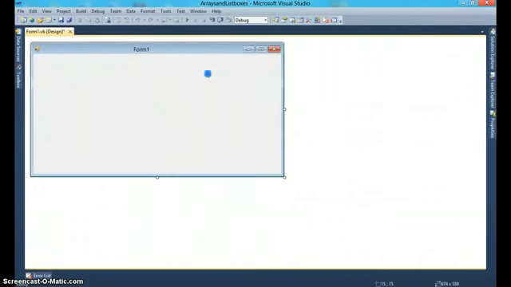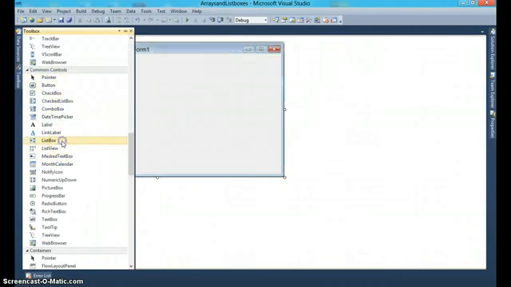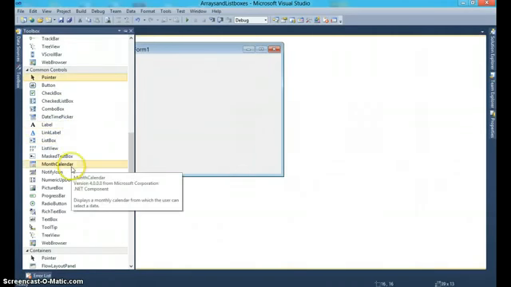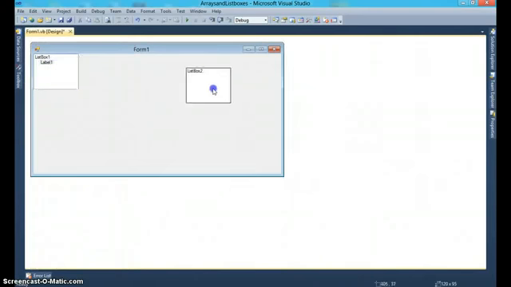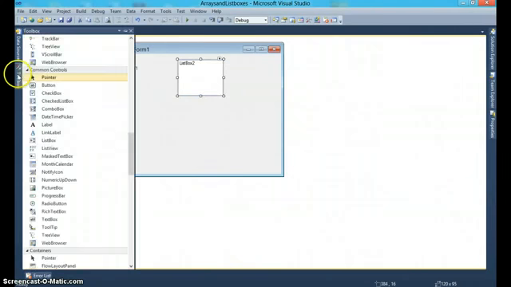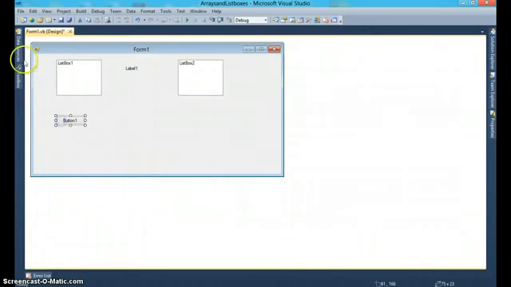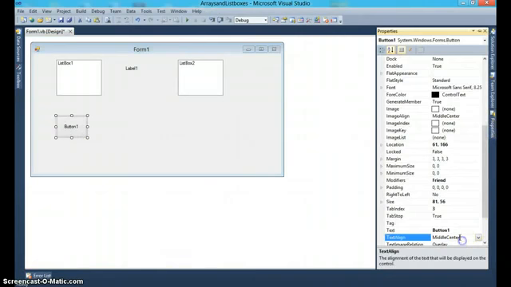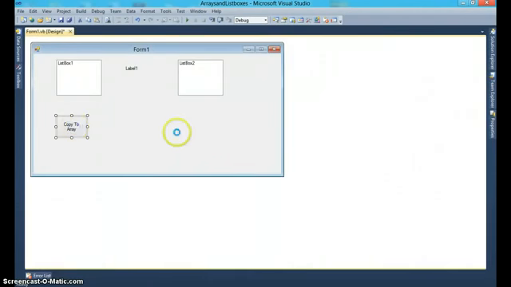So again I will add 2 list boxes, one label just to show the message, then one button which is basically copy to array, copy to array, and then we make copies of these buttons,